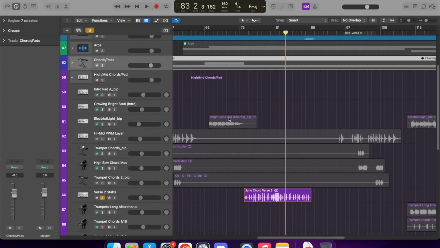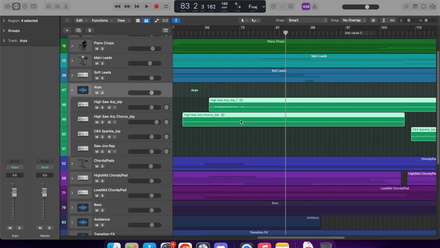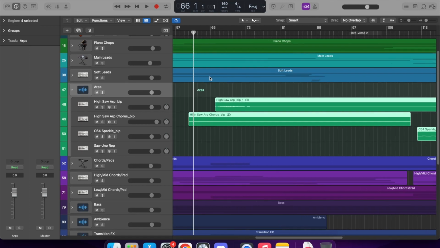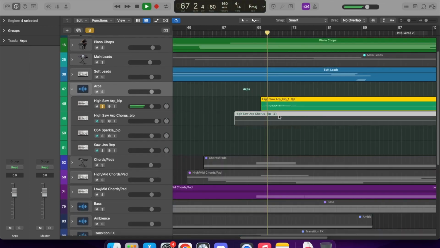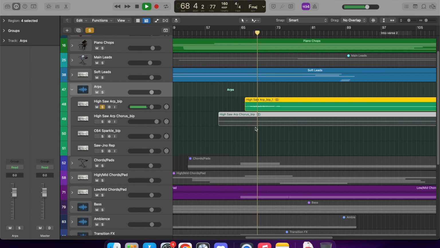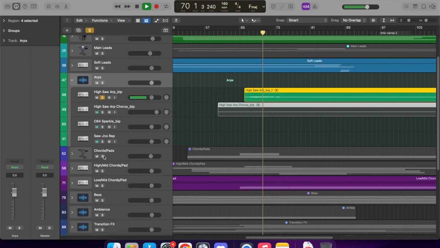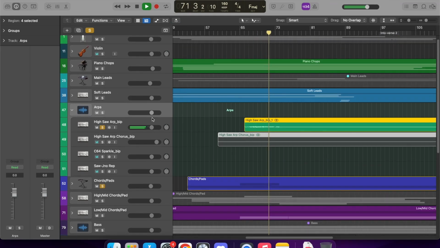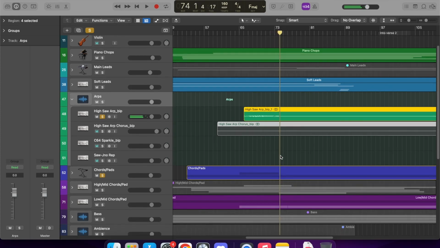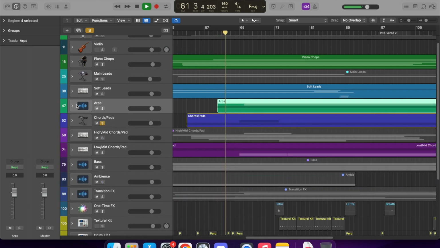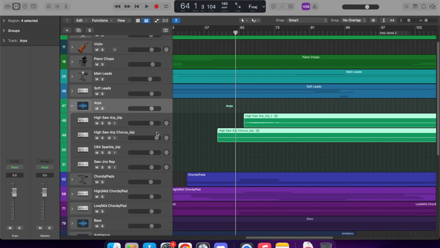I guess I'll touch on the ARPs next. There aren't a lot of them, but the highlight for me is the ARP that follows the chorus here. Then there's this one, which sort of fills up the high frequency space of the chorus. And you notice a lot of reverb in those ARPs as well.